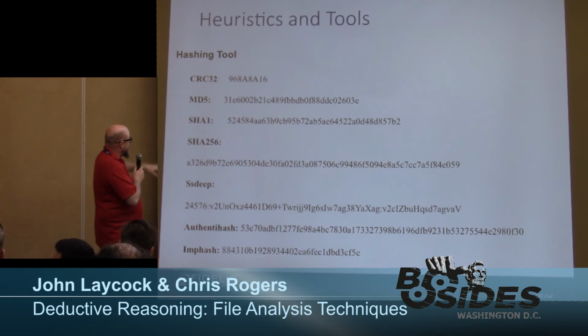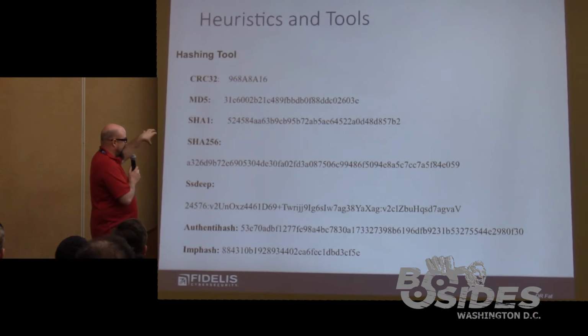The SSDEEP you see here, that is fuzzy hashing. I don't know if you guys have heard of fuzzy hashing. It's a wonderful way to compare two files. You have the block count and then two different hashes, and you'll be able to tie those to other files and create family resemblances. It's really good on text files. Some of the compression algorithms will screw all that up, and so you might not get a relation.